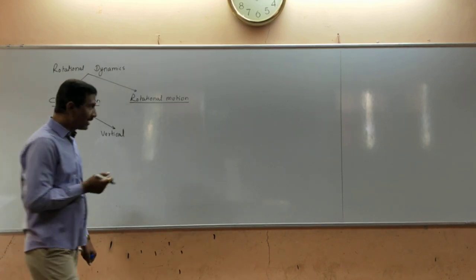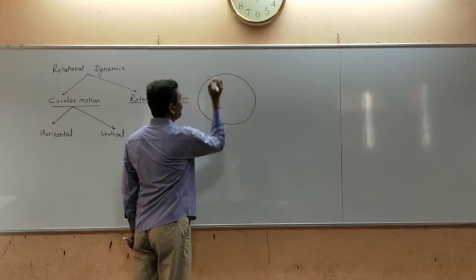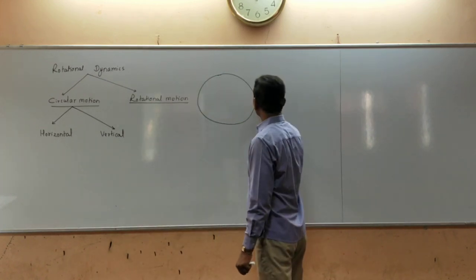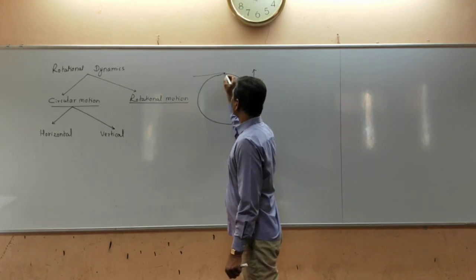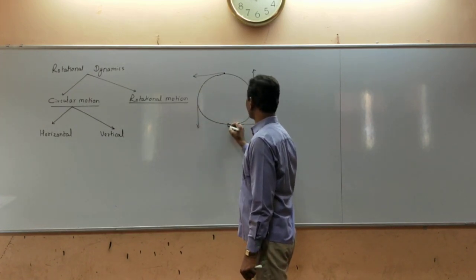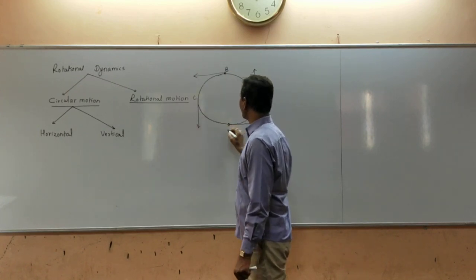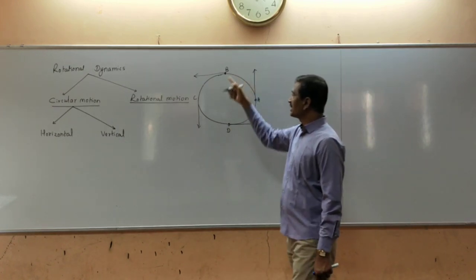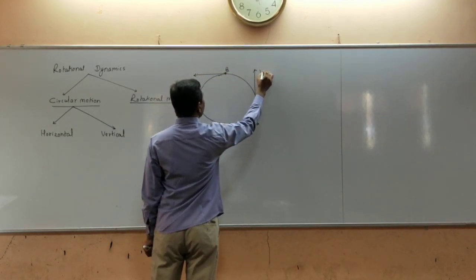Now, when a particle performs a circular motion, the particle possesses linear velocity, and the direction of that linear velocity is always tangent to the circular path. So here we consider one example. We consider different positions A, B, C, D of the particle during its circular motion. So draw the tangents at these points. These tangents represent the direction of linear velocity at these points.